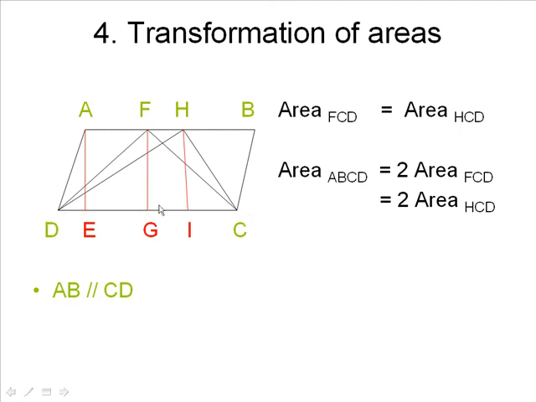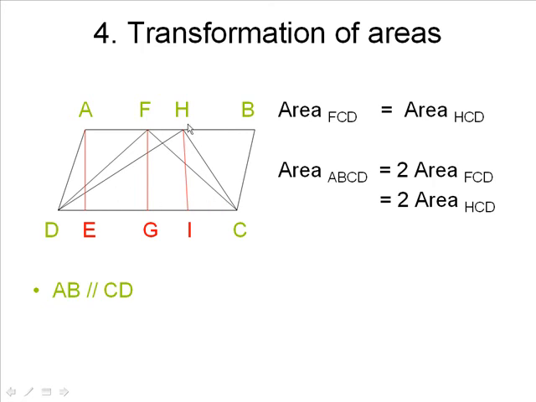Notice they have the same base, DC, and their third vertices are on the parallel line AB. So actually, it doesn't matter where this third vertex is. It could be here, here, anywhere on AB. We can show the areas of this kind of triangle